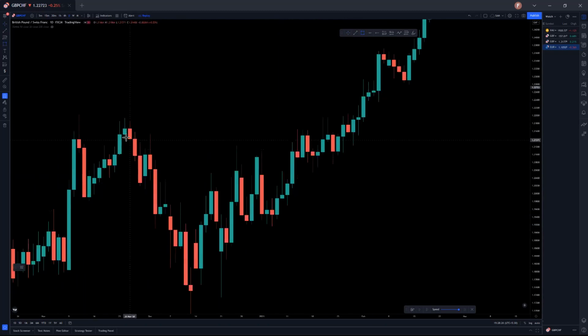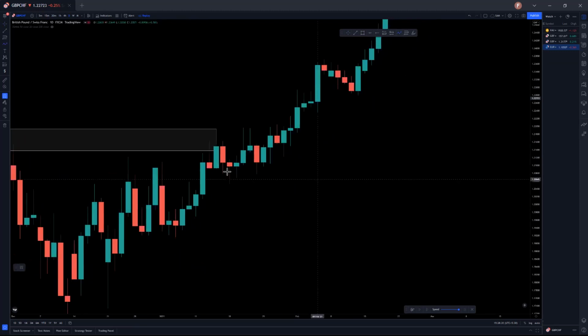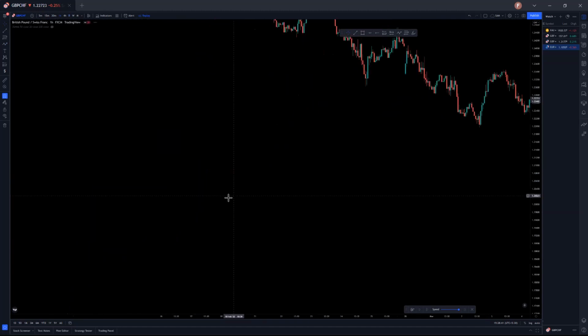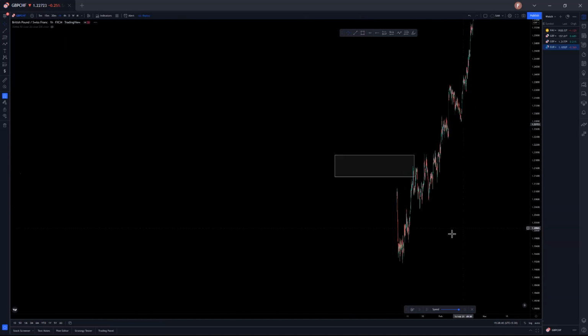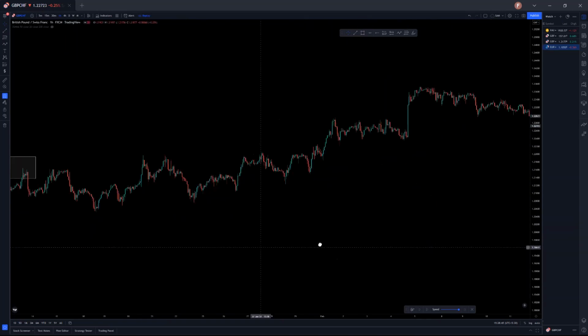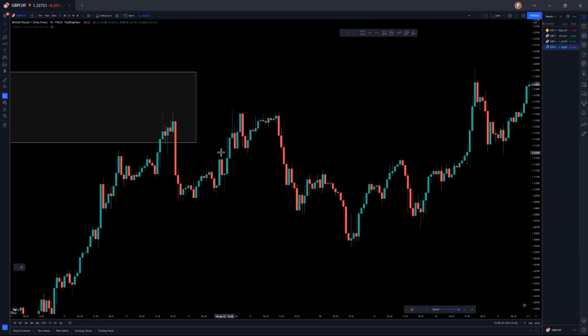Now this is your POI on the daily. Once price made some kind of weak bearish move, now you're looking for sells. So when your sells can be, let's go to the 1 hour to understand this concept. Where is that? As this is daily, we can't trust the 15 minute. Once price broke this, you are confirmed.